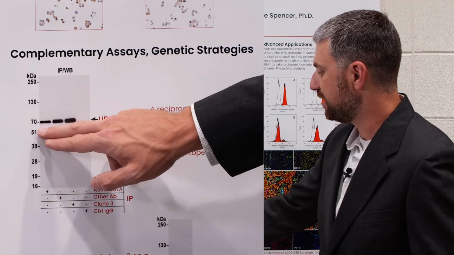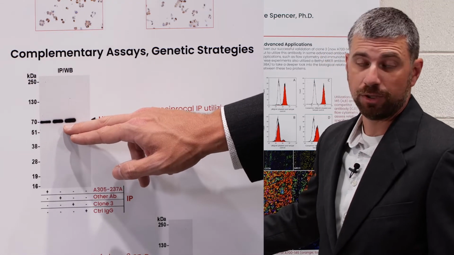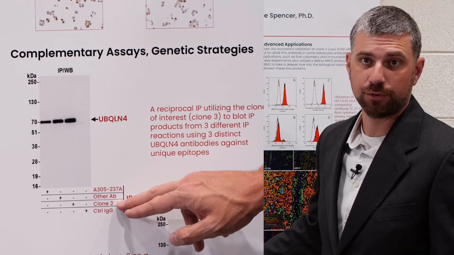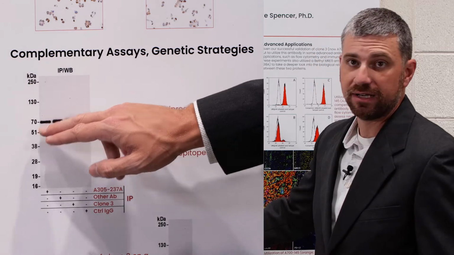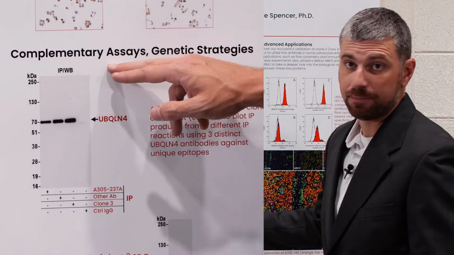And you can see here that in all 3 cases, all 3 of these antibodies are pulling down the same protein that is being blotted by A700-145. So we know for sure that this band here is in fact UBQLN4,